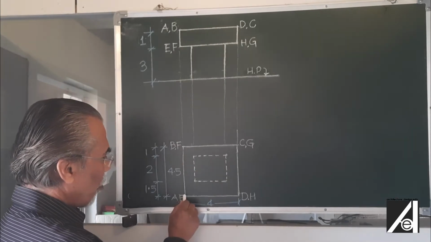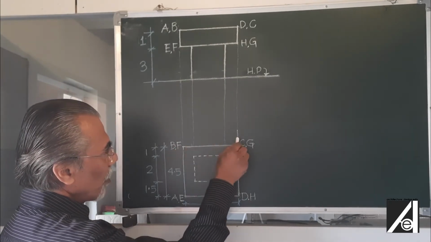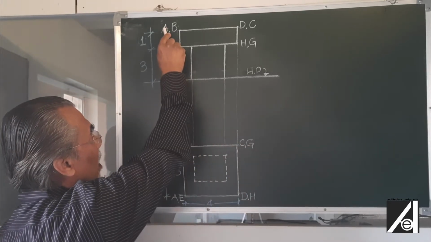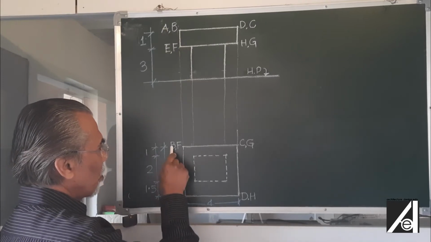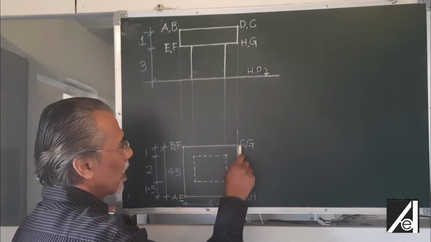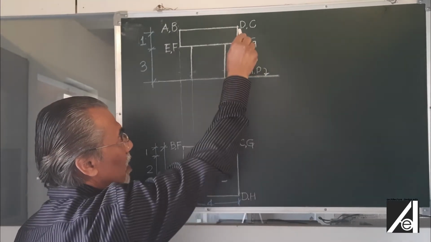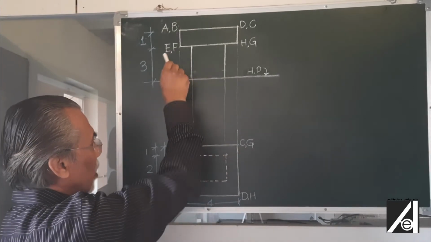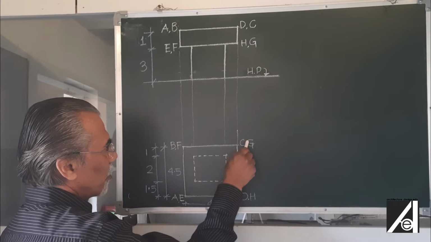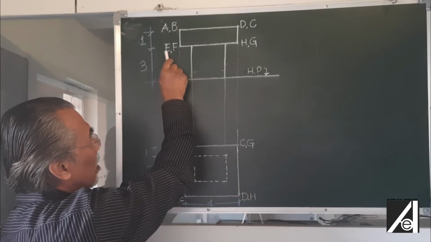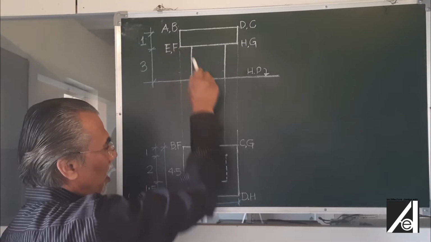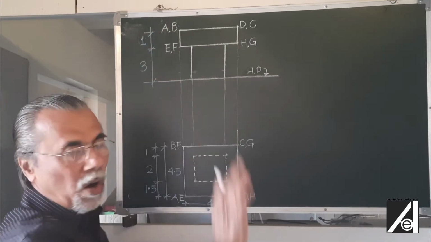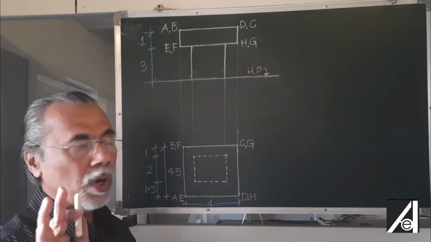So for the upper one I give A, B, C and D. I write here AB, that is this one and this one. Then CD, that in the elevation will look like DC, and the lower edges will be EF and GH. So EF in the elevation will be like this, and GH, with H in the front, so HG. So all the 8 edges have been given their coordinates.